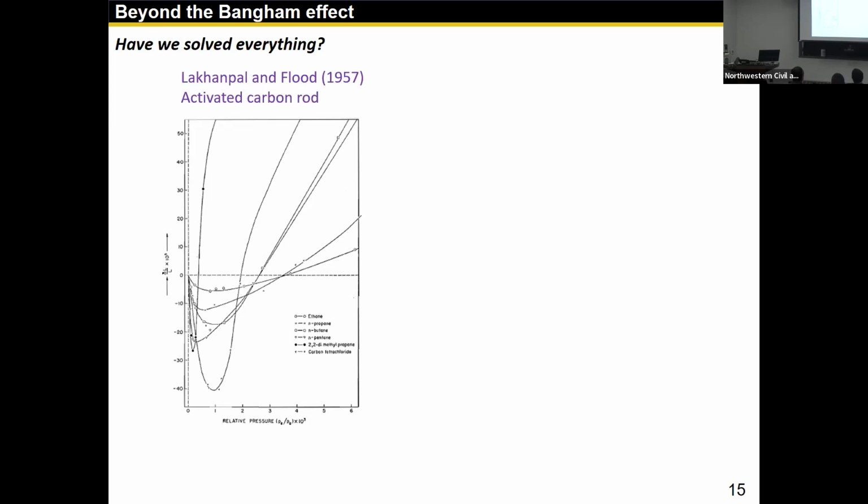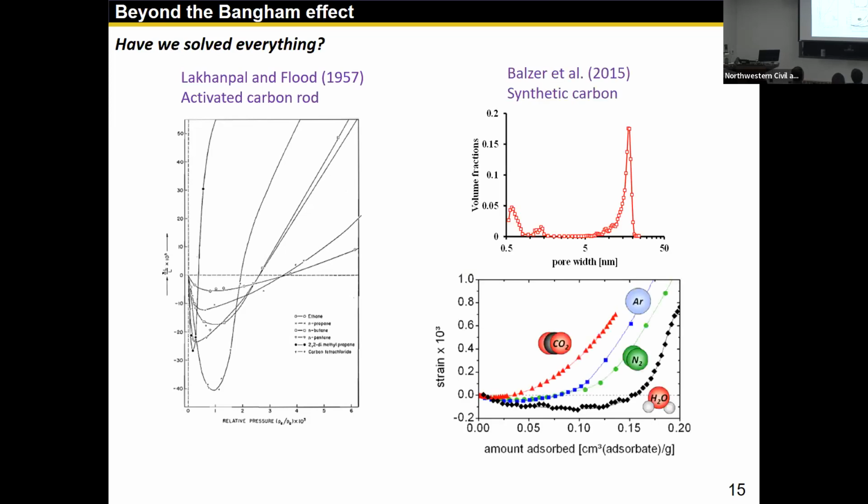Then we'll think, okay, maybe that's too early of a test. The precision is not there. But then recently Bowser did another set of tests on synthetic carbon. And you can see initial shrinkage at the low amount of absorption, then later is the expansion. Keep in mind, all of this has nothing to do with the capillary bridge, because the pressure level here is about 10 to the minus 3. So at that level, not even the first layer of absorption has been covered yet. So that is not due to capillary condensation.